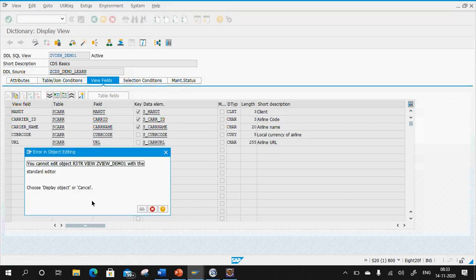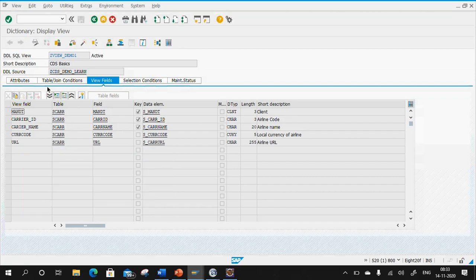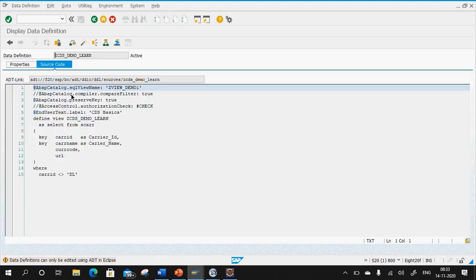If I click on display or edit, you cannot edit this object with the standard editor. You cannot edit all this from here. If you double click on this DDL source name, it will show you that data definitions can only be edited using ADT in Eclipse.